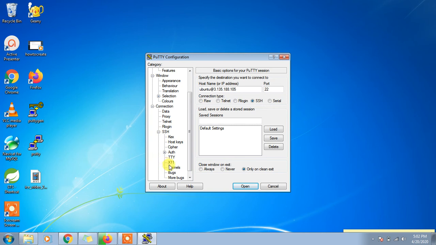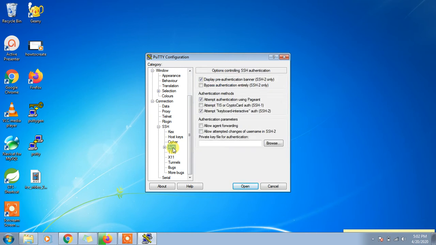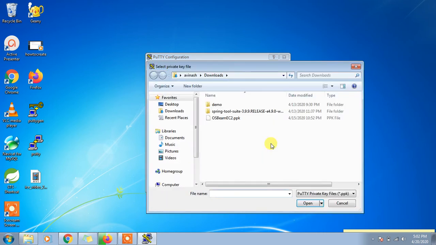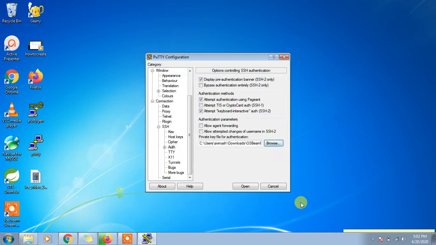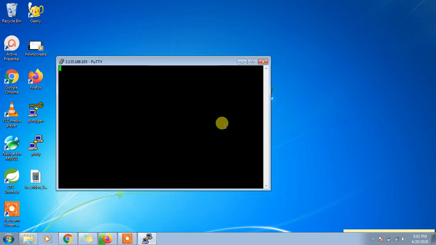Under SSH, you will find an option of Auth. You have to click here. In the text box, you have to browse to the certificate file which we exported from our EC2 console. I have selected this. Now click on open.